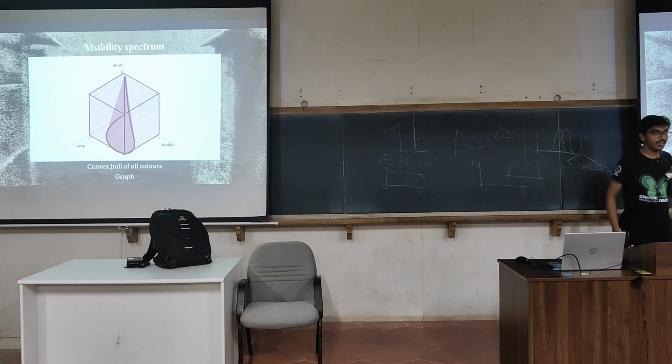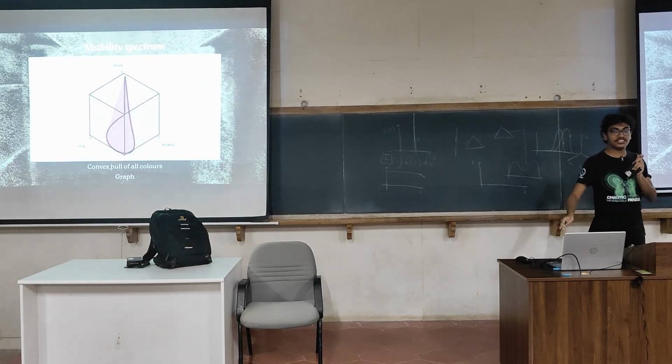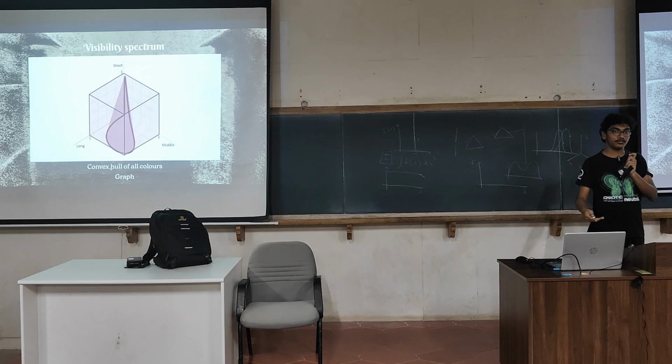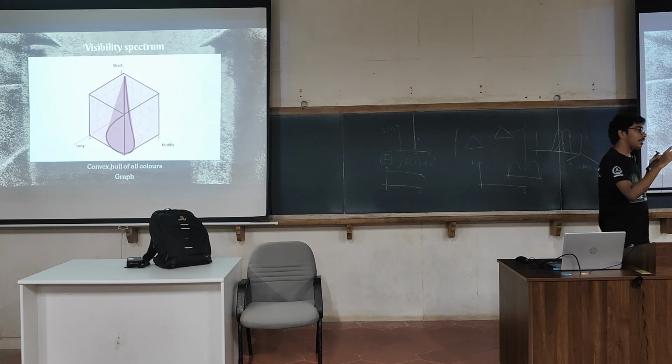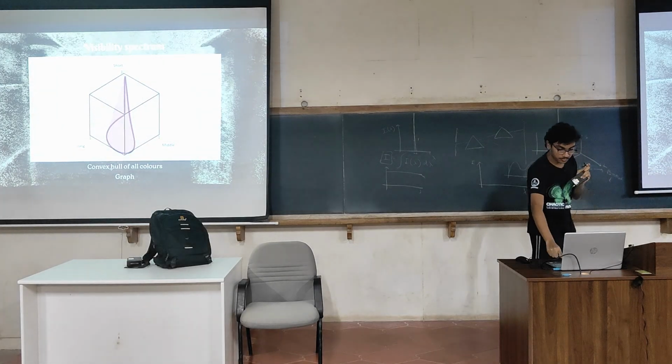Black and white. Okay. Any other guesses? What would I see if I am giving an input that is outside the gamut? Gamut is the collection of all colors. I am providing an input outside the gamut. What would I see? A different color. A color which we have never seen before. The color which we can imagine but which we don't see in our day-to-day life. So we will come to that.